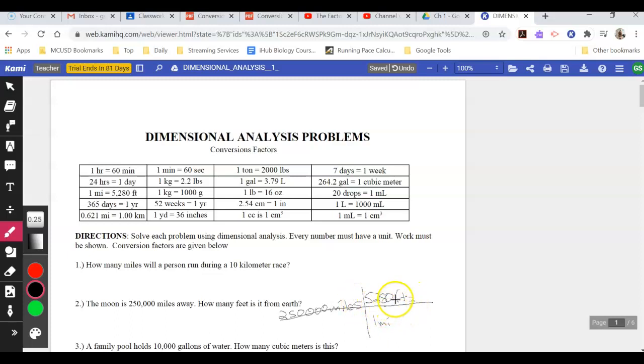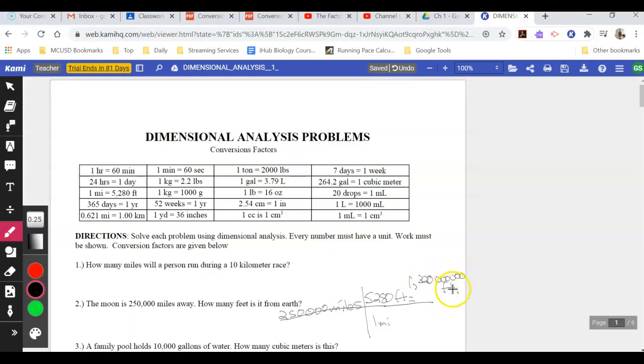Okay, and again for these, I'm just really looking for you to get to the right answer, and then we'll take it a step further in the future about really getting to the most scientific answer with sig figs. So again, here this is going to be a large number, but you're going to wind up with 1,320,000,000